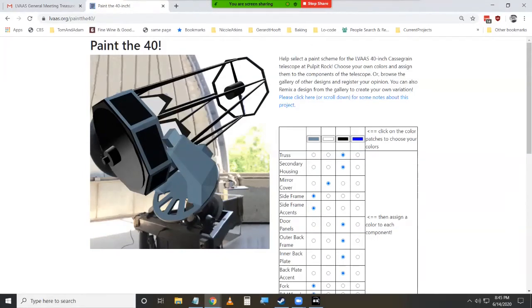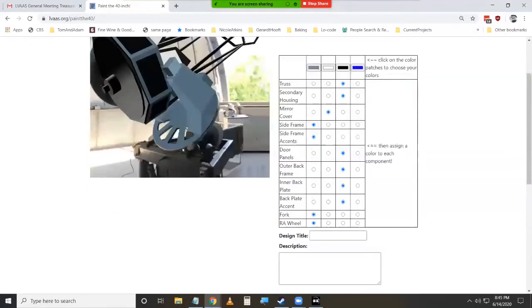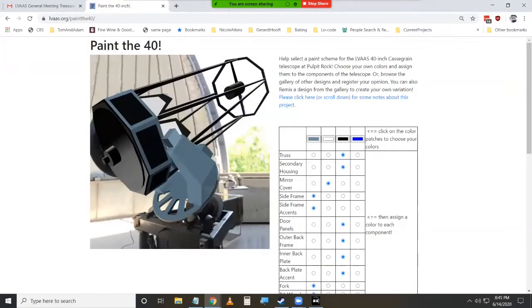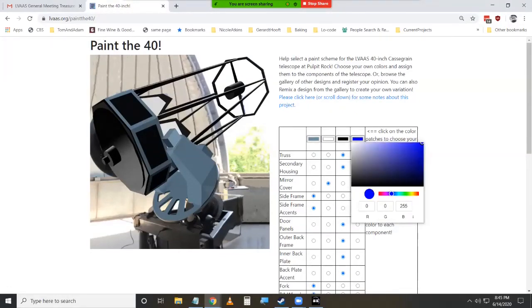Gwen, I expected you would have come in here and put in your favorite color scheme, but since you didn't do it yet, I'm going to do it just to demonstrate. I'll put a link to this up on our webpage later on. Yeah, I haven't done it yet. It's on my list of things to do. I'm going to go ahead and do your version sort of as a demo. That's fine.